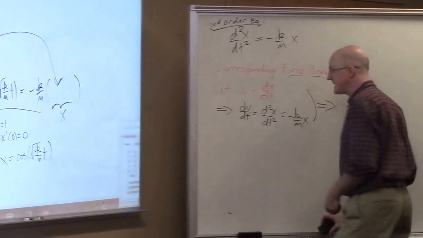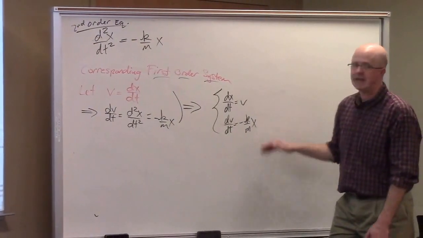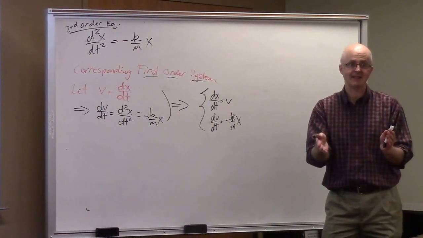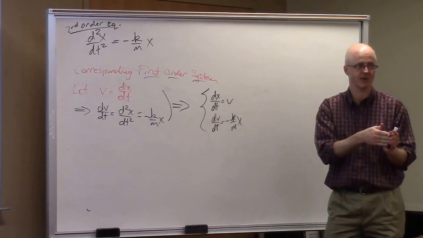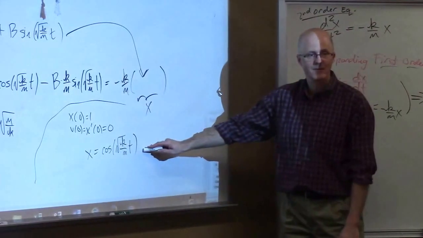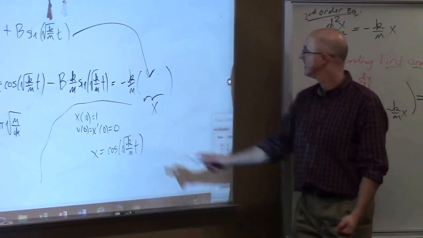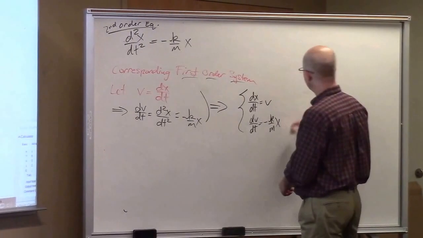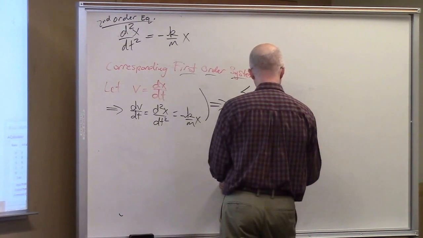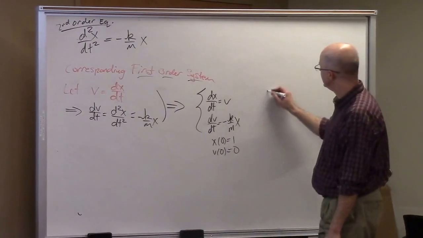Coming back to the first order system, what's the solution of the system? It's an ordered pair, 2 coordinates, x is a function of time and v is a function of time. We already know x is a function of time, right there. To find v as a function of time, just differentiate that. So if I add my initial conditions in here, the same initial conditions as over there, the unique solution